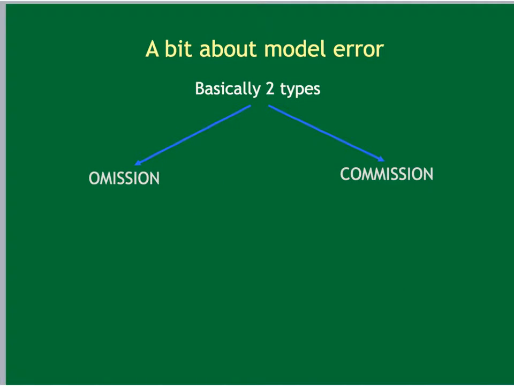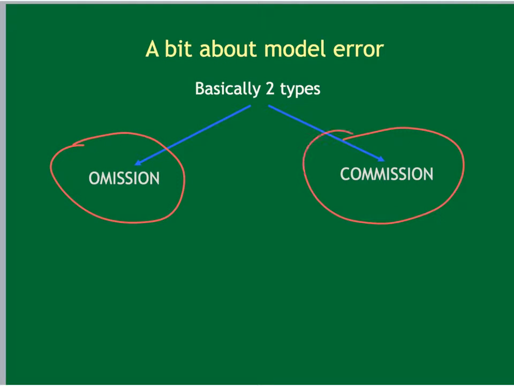So let's talk about model error and the two types of error that we identify and describe when doing ecological niche modeling with GARP. We have omission and we have commission. Omission is also defined in the literature as false negatives. And a false negative means that our model